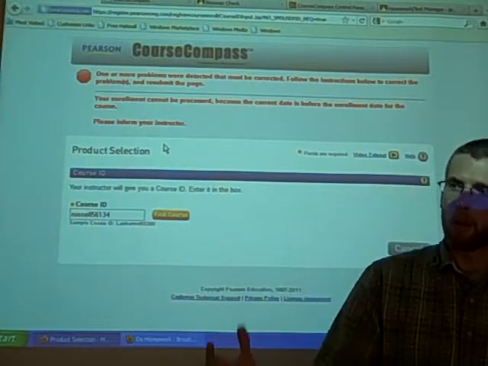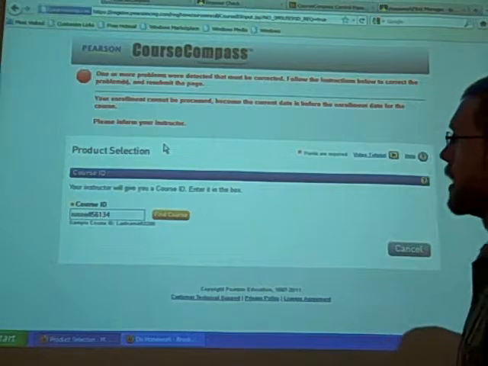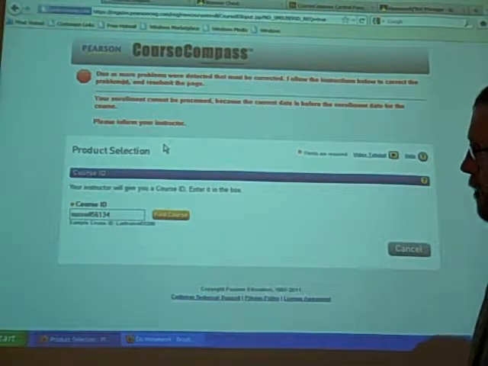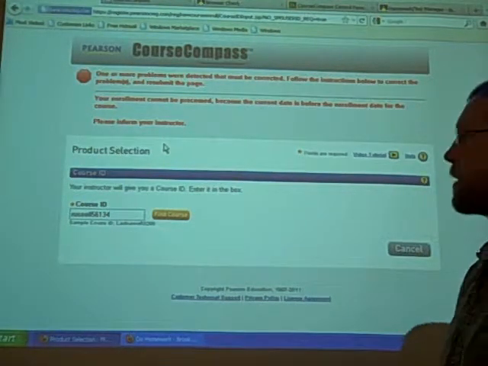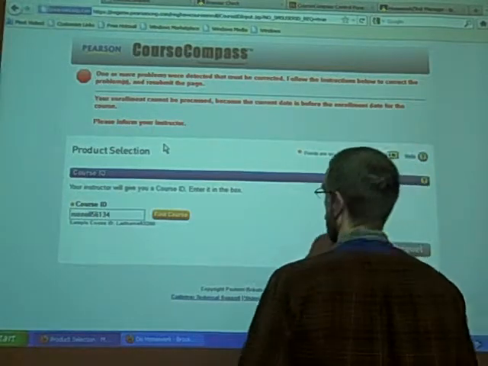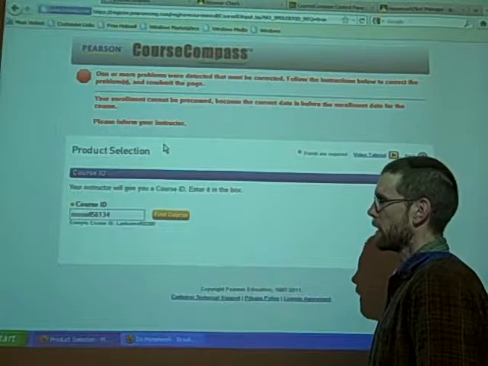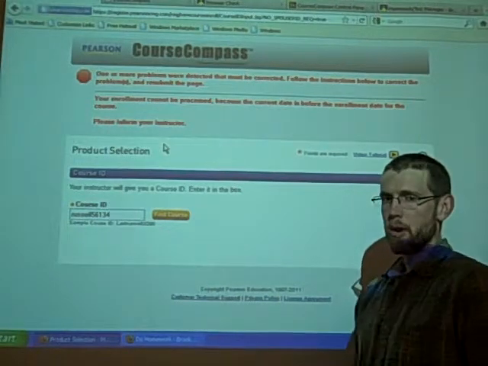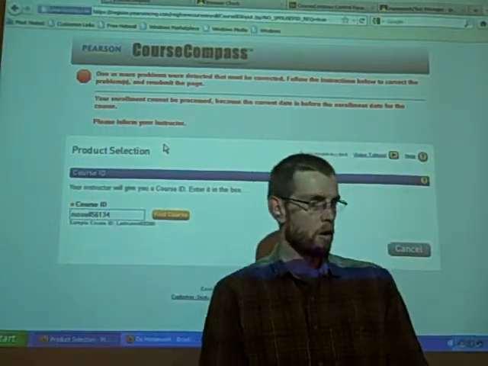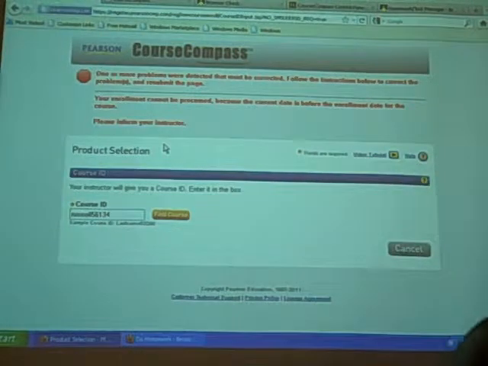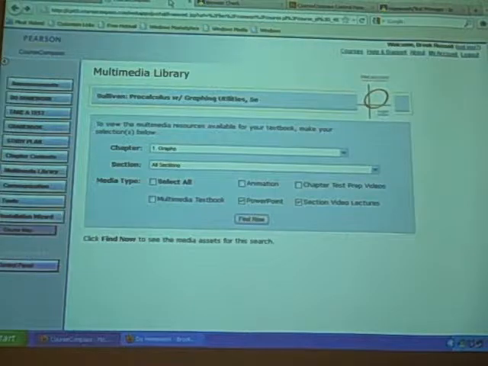So if this was an active course right now, it would ask for payment, whether it's with the code that you got from the bundled version of the textbook, or through a credit or debit card. And then it would ask you to choose a username and password and all that stuff. Okay. So once you get a My Math Lab account set up,